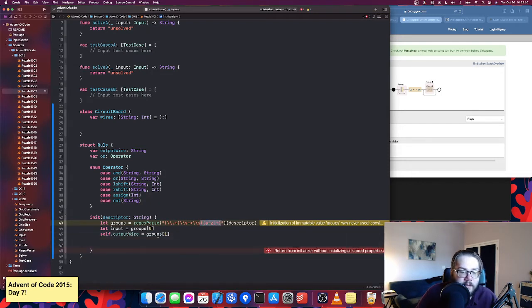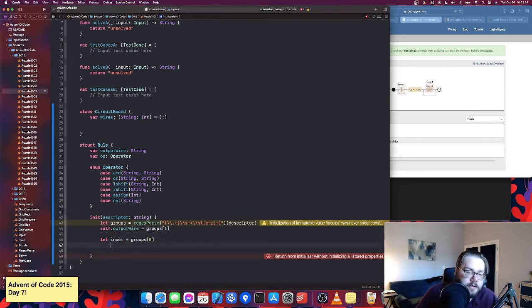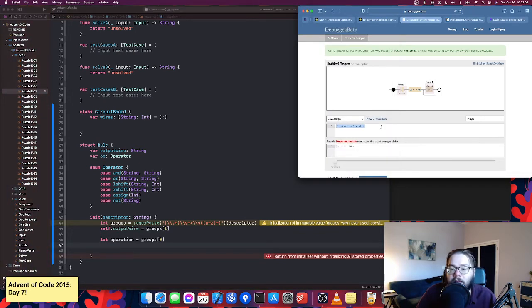It's going to be this, and that's going to be our output wire. Actually, let's put that up on top. And then input operator, let's do operation equals that. And then the operation is where things are going to get a little bit more tricky. So I'm going to write a regular expression, and it is going to